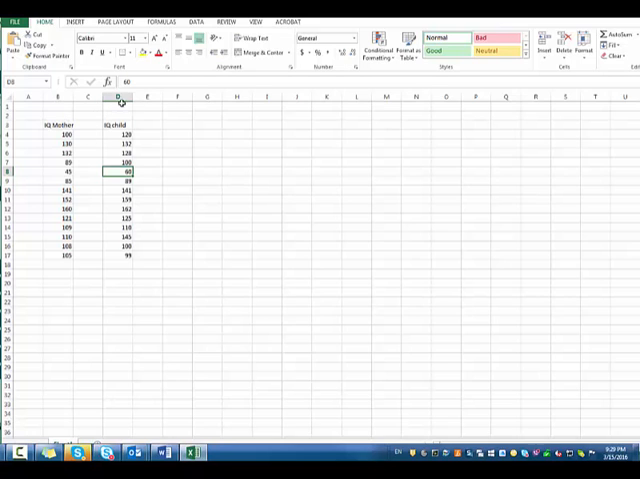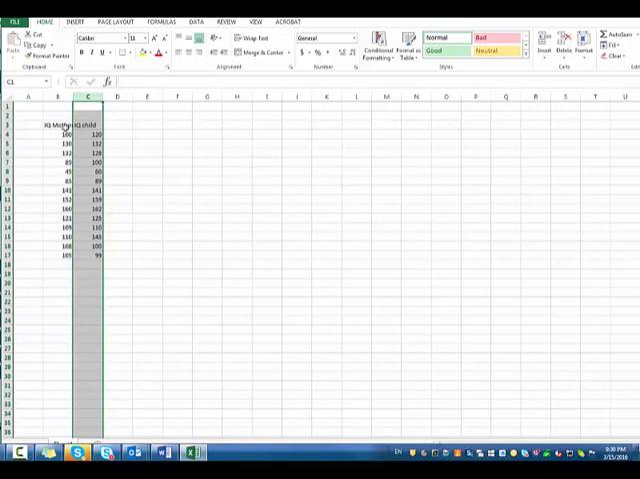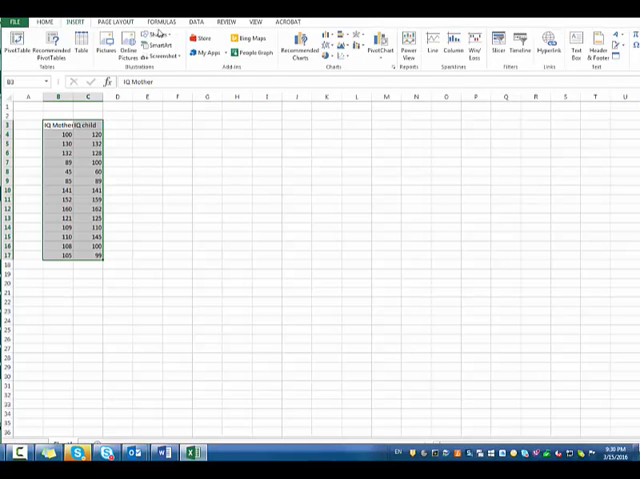The first thing that we would like to do is, let me erase this column. First of all, we select the two columns along with the titles. Then we click Insert, and we go here to Charts. We click on Charts,